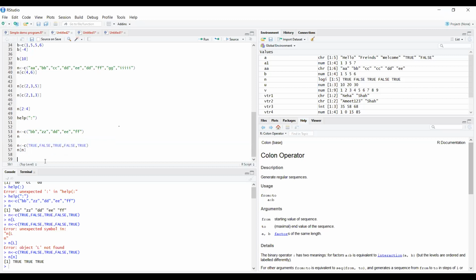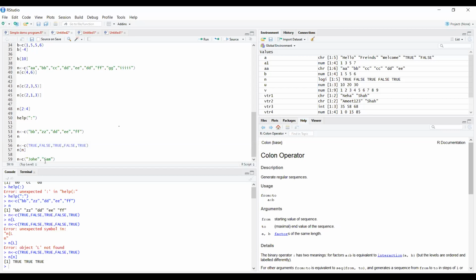Yes, sir. So the next example is naming the vector members. If you want to make names for the vector members, you can join the two names also. So n equals c in brackets: John, Sam.